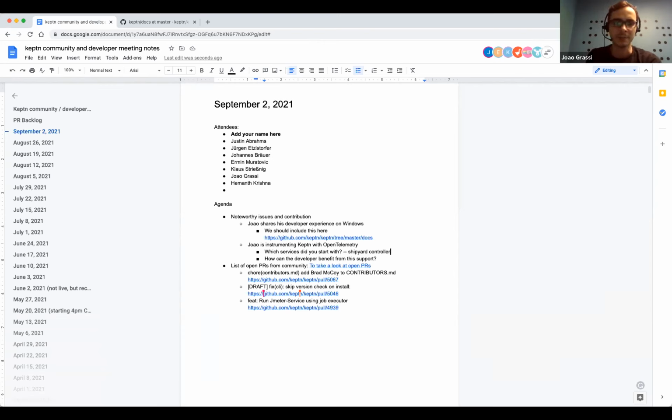But now I've dug into it, and I'm instrumenting the Shipyard Controller, and as part of it, I also did instrumentation on the distributor, because without the distributor, the trace and the connection between them are more or less lost. And then we also had to decide or tackle the approach, because